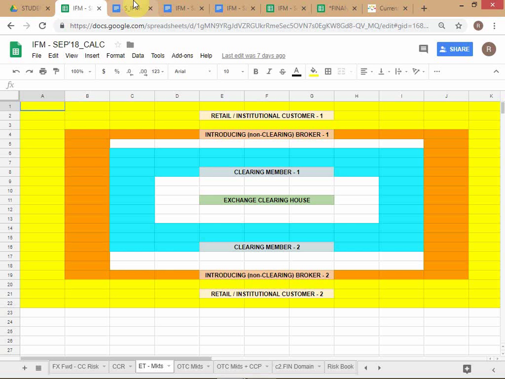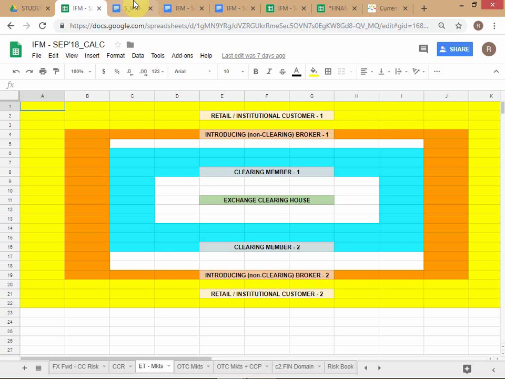Now what happens is, if Sher Khan defaults, and they have sold, that means they take the money but they don't deliver the shares, then HDFC is not stranded, because they are not really concerned with who is on the other side. They are not concerned with clearing member 1. HDFC will have a claim on the ECH because their transaction is with the ECH. Is this clear? So in ETM, as written on the left-hand column, the counterparty credit risk is intermediated or managed by the exchange clearing house.